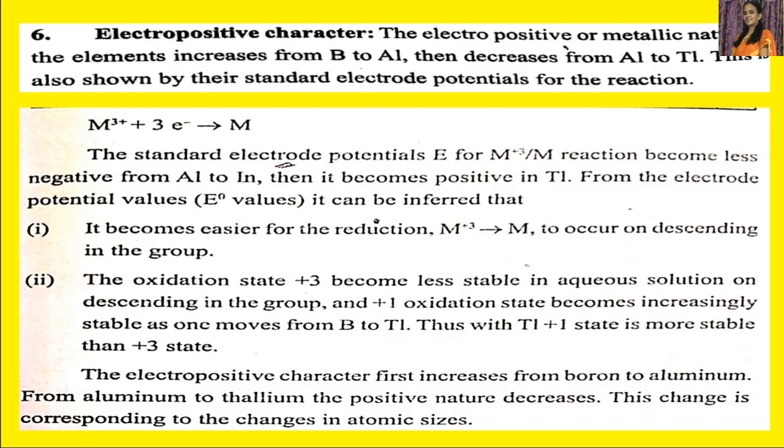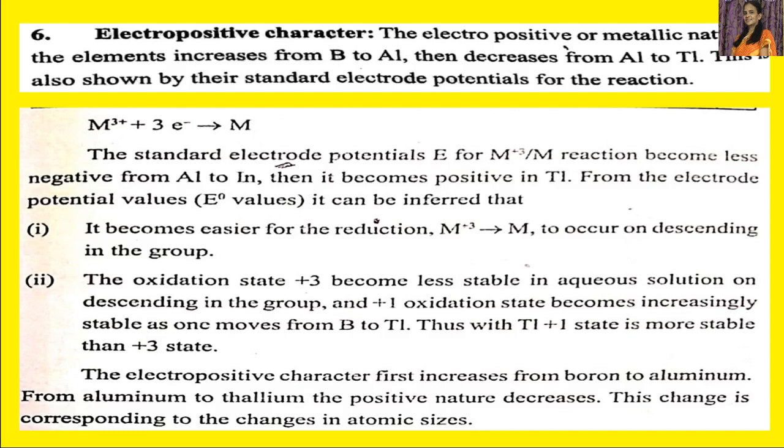3 electrons are gained by this ion to give this to occur on descending in the group. So this reduction reaction increases, that is, the ability to gain electrons increases as we move down the group. Okay, so the oxidation state plus 3 becomes less stable in aqueous solution on descending in the group. So the ability to lose electrons, that is, the plus 3 oxidation state becomes less stable and plus 1 oxidation state stability